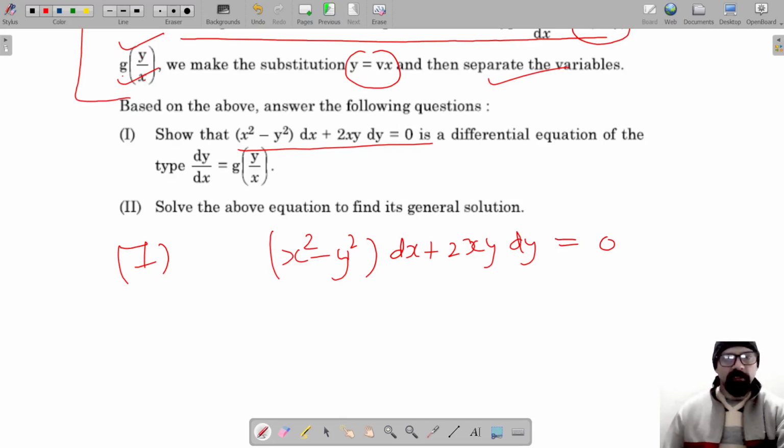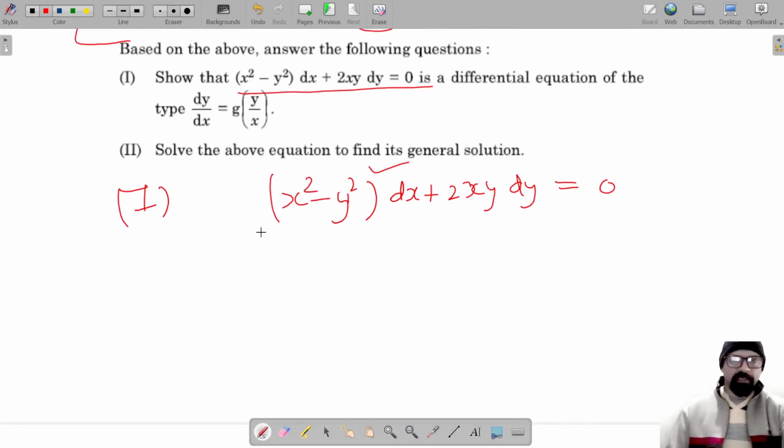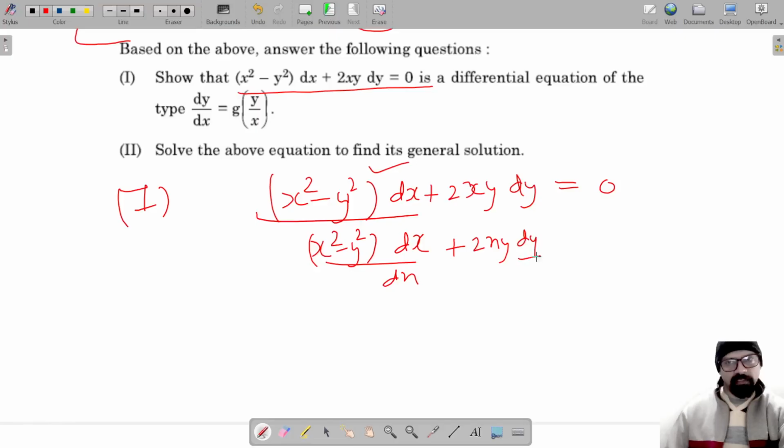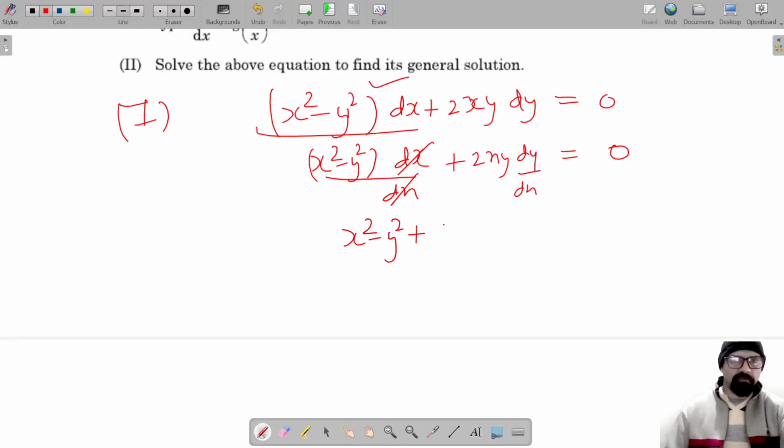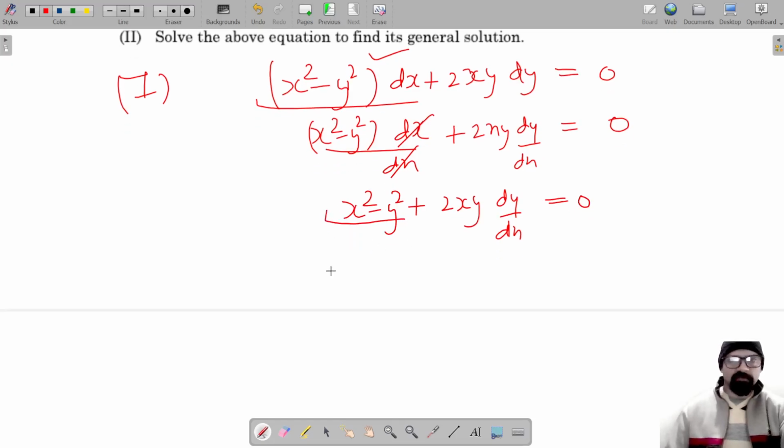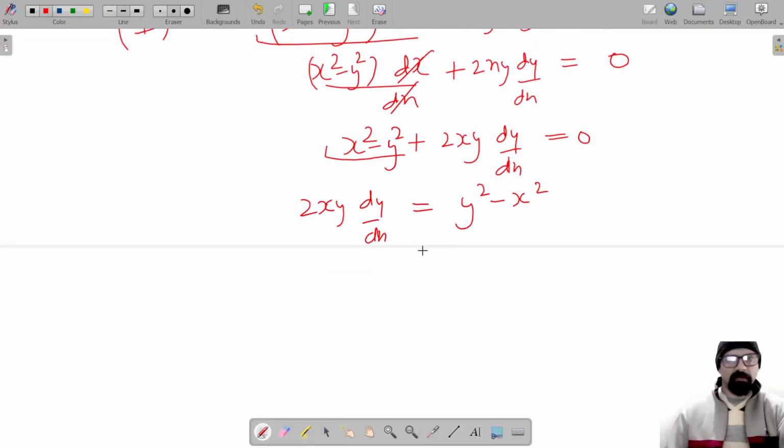तो इसका मतलब ये है कि हमें dy/dx बनाना है। तो हर एक टर्म को हम डिवाइड करेंगे dx से। पहली टर्म को डिवाइड किया dx से तो मुझे मिलेगा x² − y²। यहाँ डिवाइड किया तो ये हो गया 2xy, और यहाँ डिवाइड किया तो जीरो ही है। तो आप यहाँ लिखोगे x² − y² = 2xy dy/dx। तो dy/dx तो आ गया। इसको इन दोनों की साइड चेंज करेंगे तो रहेगा 2xy dy/dx = y² पॉजिटिव, x² हो जाएगा नेगेटिव।